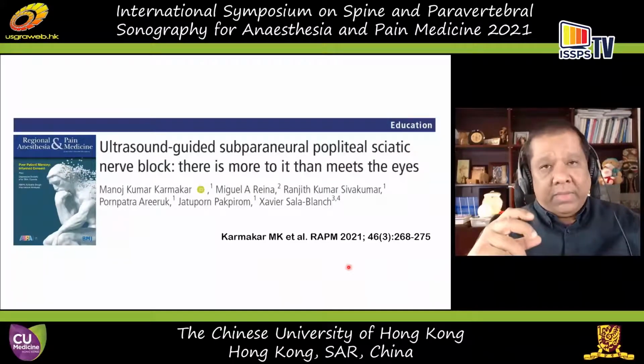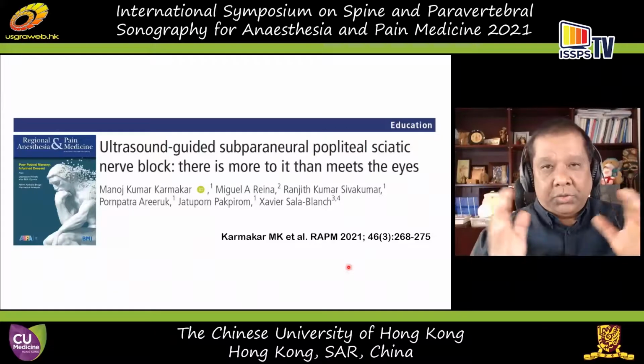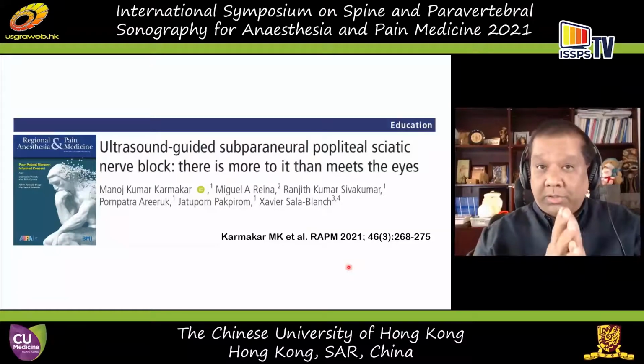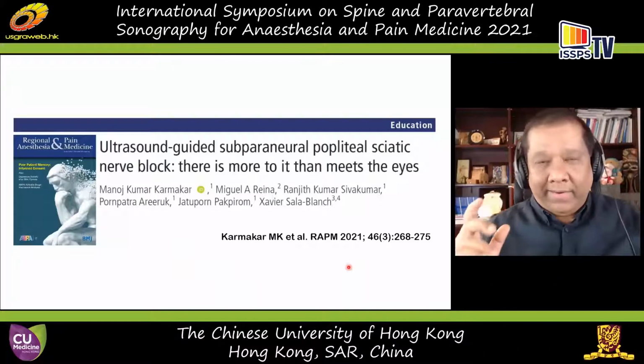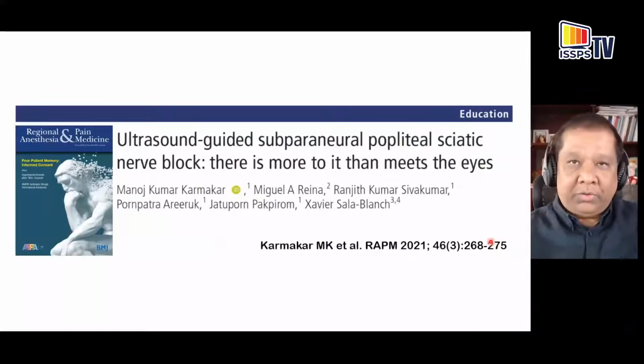So it's often described that the sciatic nerve bifurcates at the popliteal fossa. That is a wrong concept. If there are two nerves, they can only diverge from each other. So I'm going to use the term divergence, not bifurcation. You know, a branch of a tree can bifurcate into two, but if it were two branches together and they were separating, they can only diverge from each other. So it may seem pedantic, but I think that makes the whole sense of what we are trying to convey